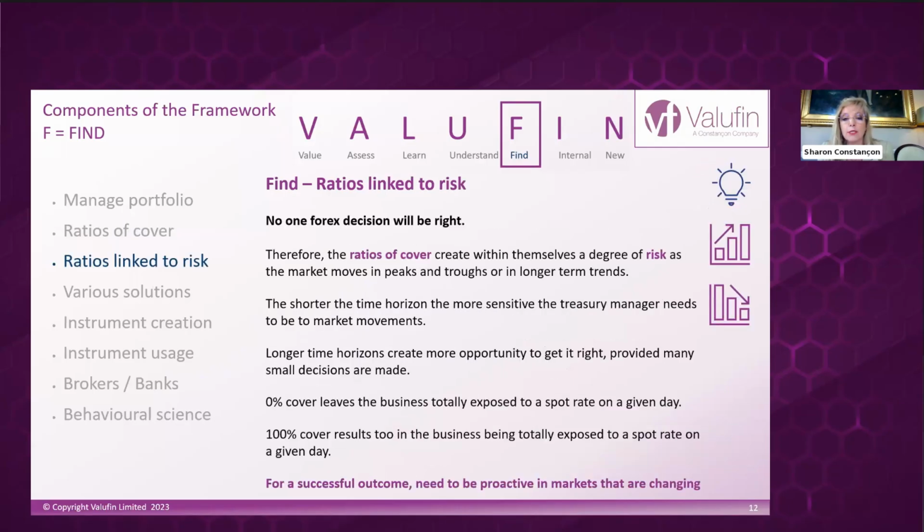If you look at foreign exchange, it's impossible that any one decision is going to be the right one. It's absolutely impossible. With hindsight, today it looks right, tomorrow it looks wrong. Next month it looks right, 2 months later it looks wrong. The markets are volatile, they move up and down, and we need to always ensure that we're working with many decisions in small amounts, so that at any point in time we're working better than the average trend of the curve, and at no point in time have we been prone to panic.